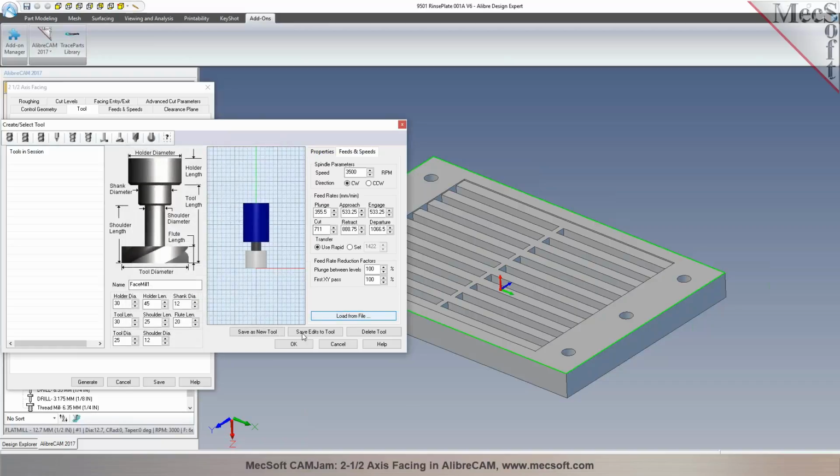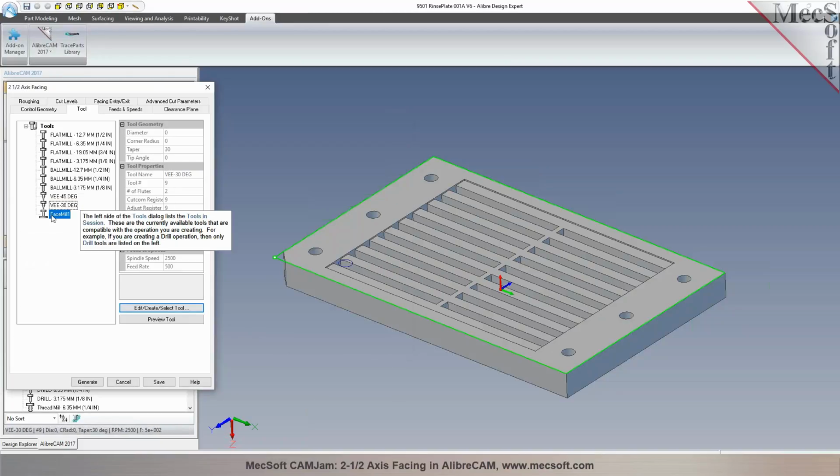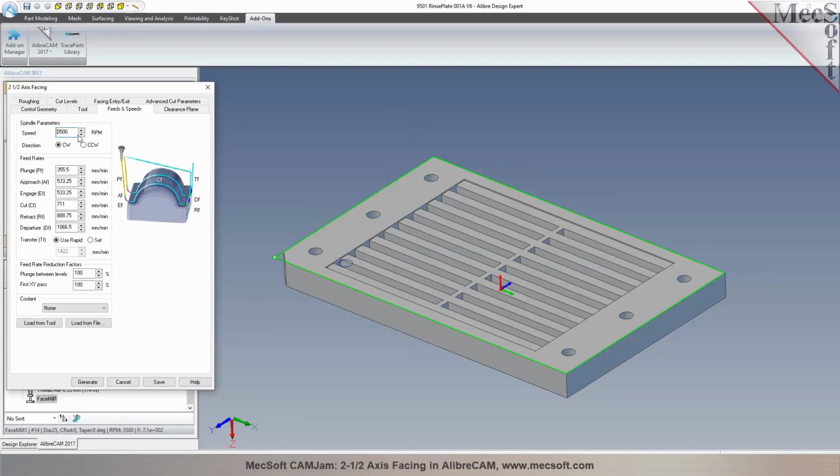You can use this as a reference, or you can come up with your own feeds and speeds. So we now have the tool saved. I can now have this tool added to my library. The next step,